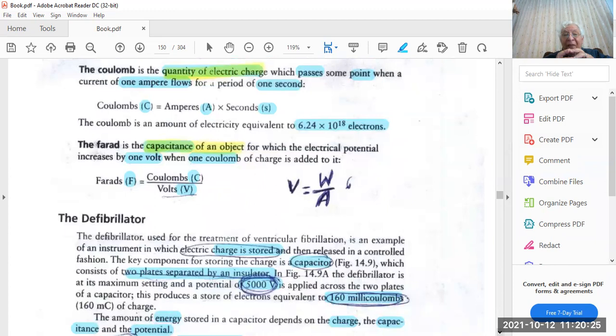Equation: F equals C over V. C stands for coulomb and V stands for volt. So we can say that farad is C over V. We will never forget that it is C over V. A capacitor,